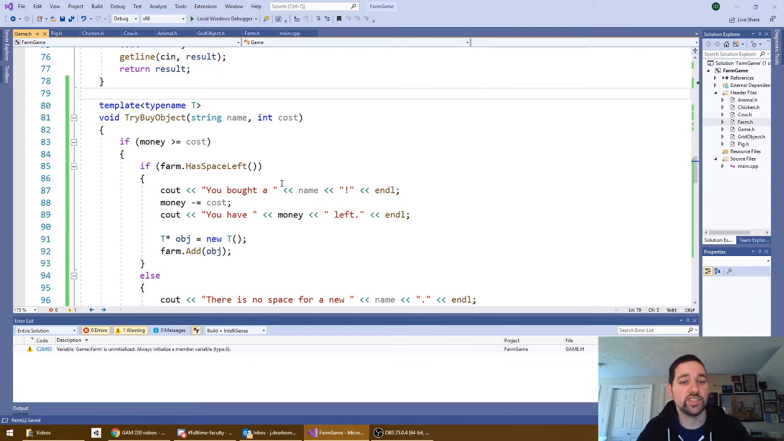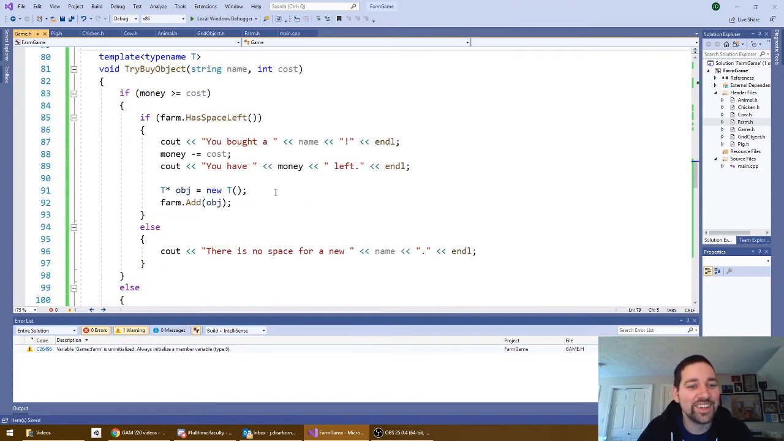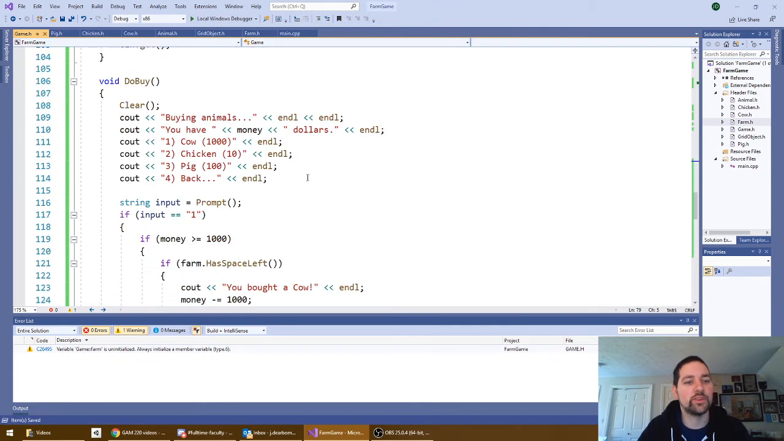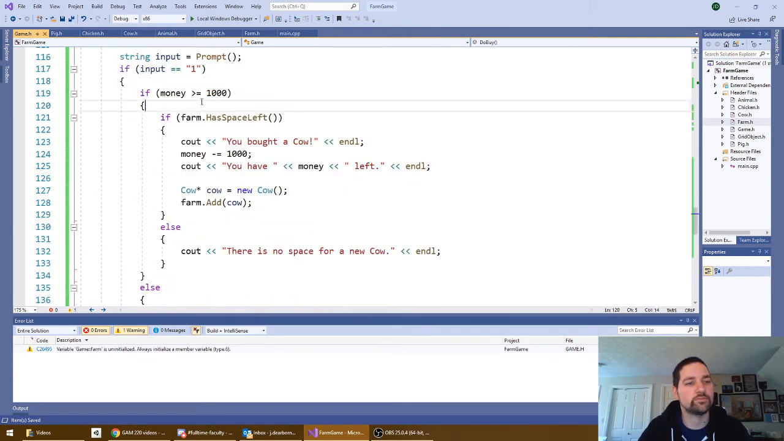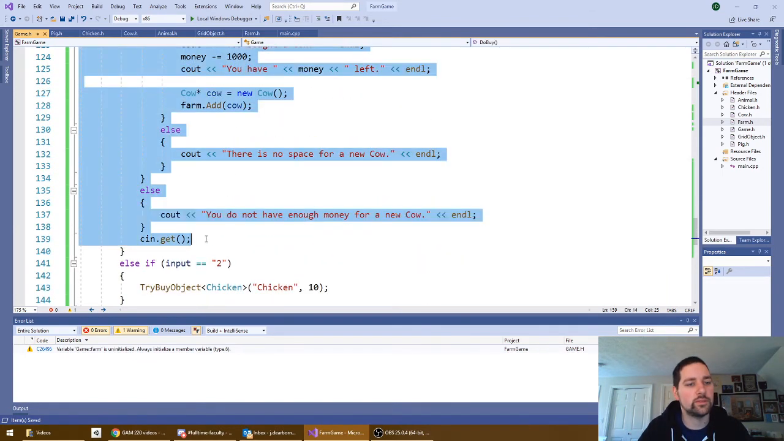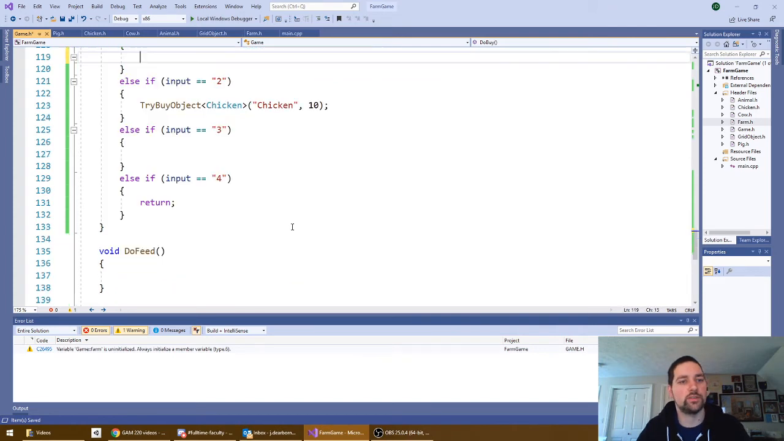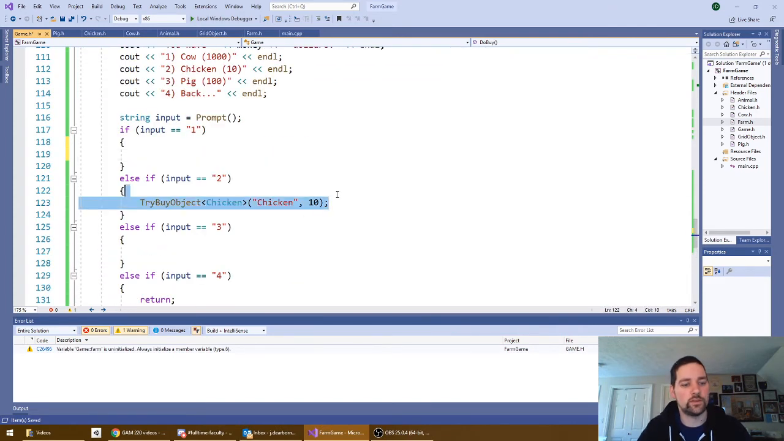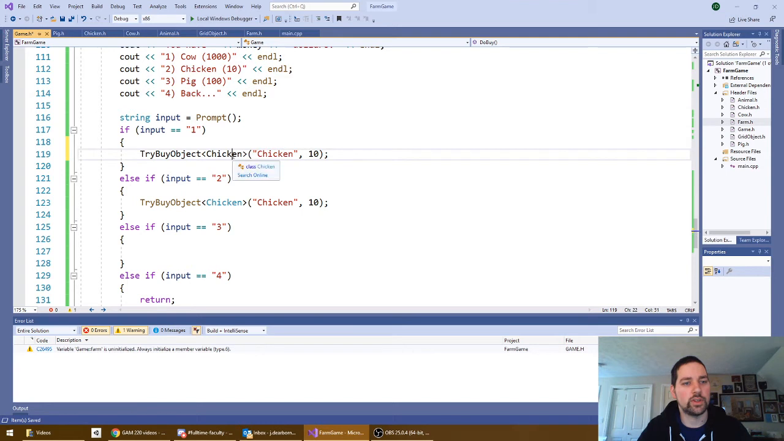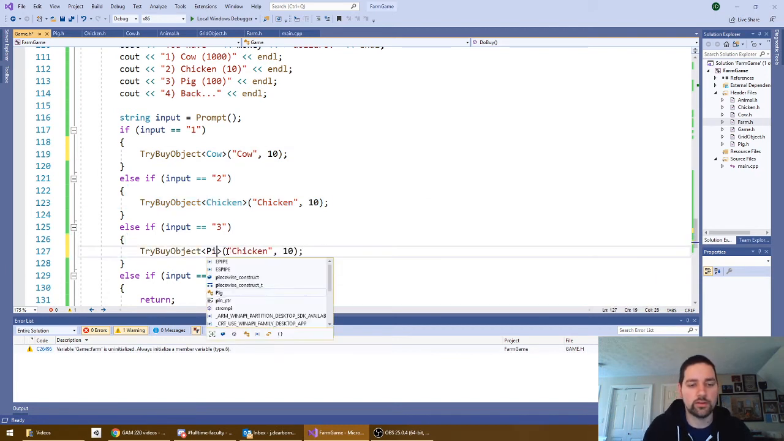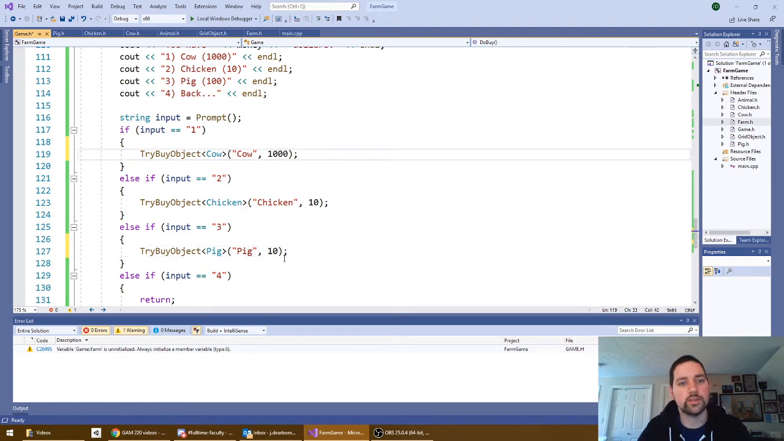So assuming this works, that should work for any of these animals. Make that much nicer. Let's try buying a cow, chicken, and a pig. Cow is 1,000, pig is 100. Okay,